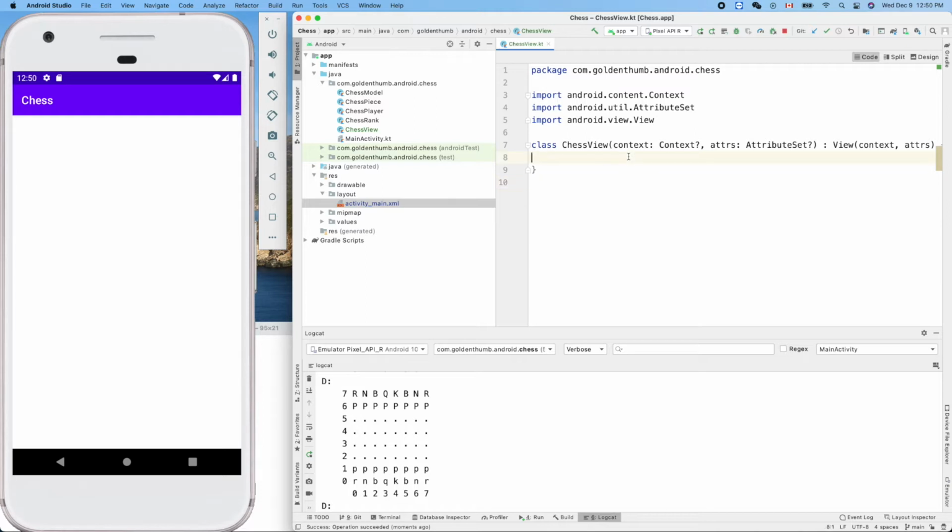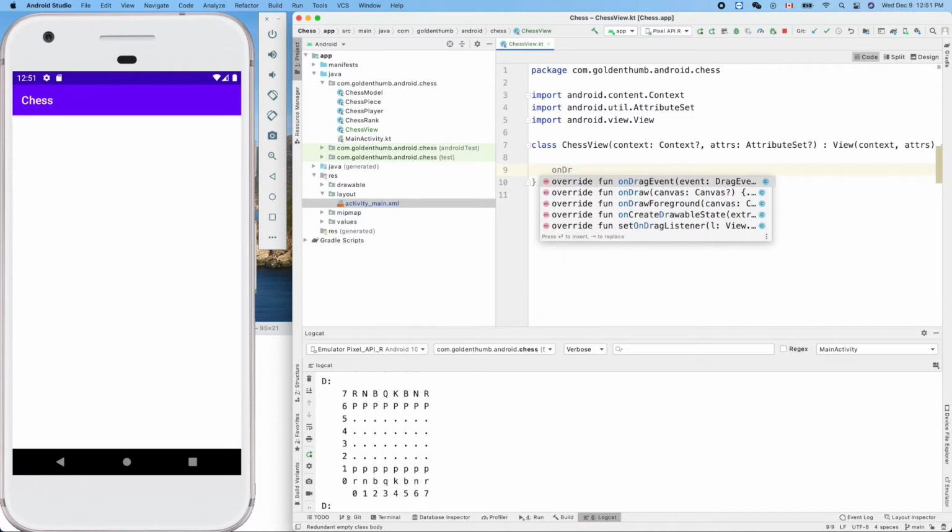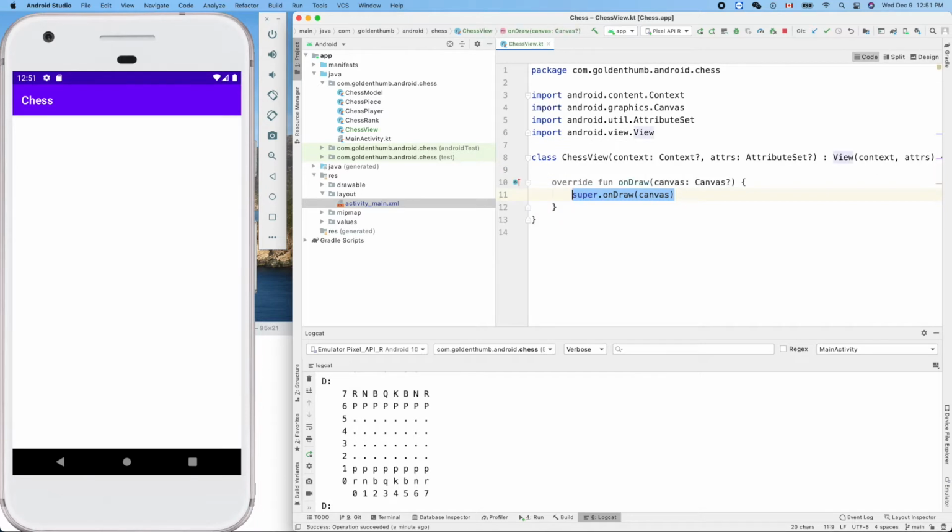So we need to override the onDraw method, and to draw something we need two things. One is the canvas provided by the system, the platform. This one is about where and what to draw, like draw a rectangle, draw a line, and we need to